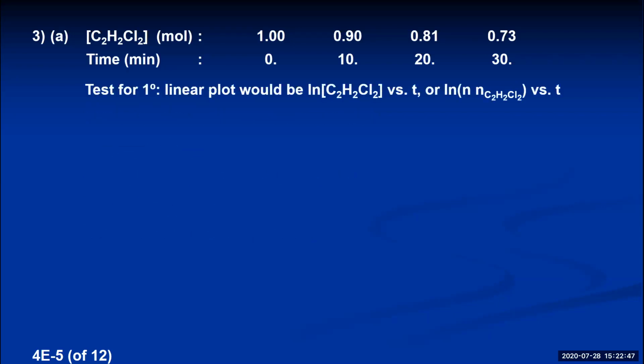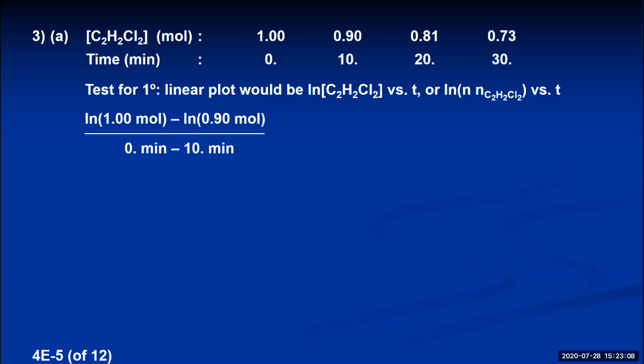And if you have a 1st order relationship in your rate law, that means that a linear plot would wind up being the natural log of the reactant versus time, or the natural log of the moles of the reactant versus time. And so to do this, same thing, it's just I'm going to do difference in y's as the natural log of the moles of the reactant minus the natural log of the moles of the reactant. So for the first 2 points, it's natural log of 1 mole minus natural log of 0.9 moles divided by 0 minus 10. This turns out to only have the units of minutes to the minus 1, and it comes out negative